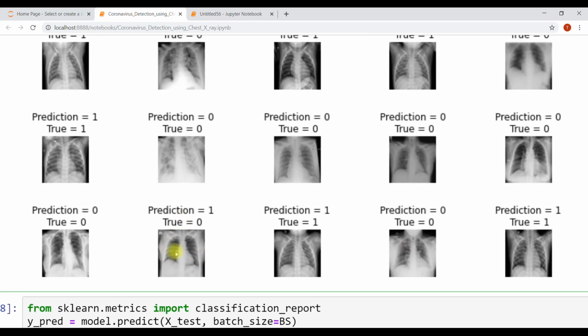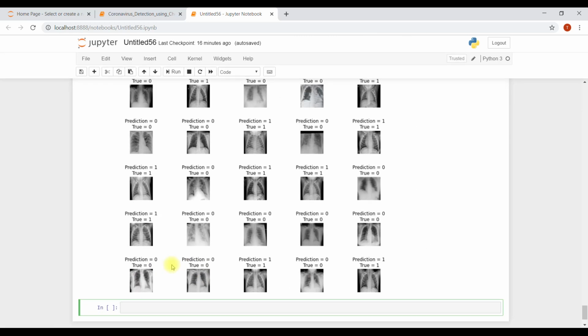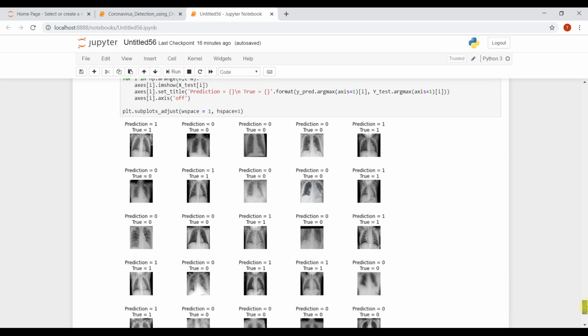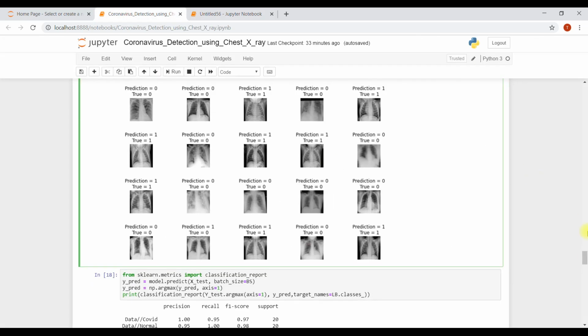It has happened to this image 10, but right now we trained, misclassification does not happen in this image. So in which image did it happen? Let's figure this out. Okay, so we are getting good result.